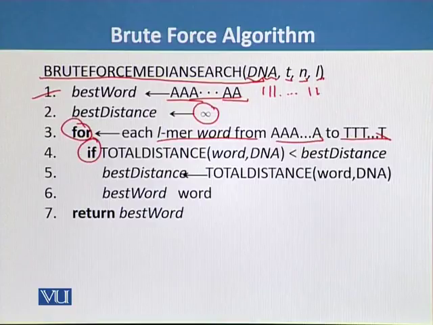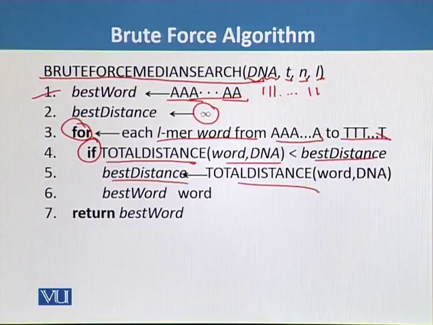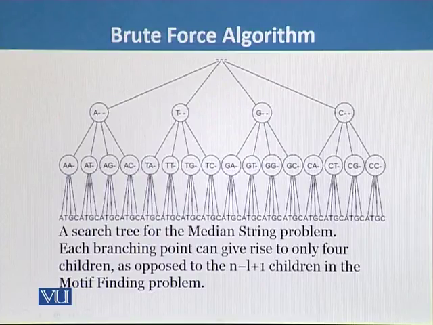Again the if condition will start and we calculate the total distance of word and DNA. If it is less than best distance, we will assign best distance as the total distance of word and DNA, and we will achieve the best word, that is the word of DNA, and we will return the best word score. So here we can see the brute force motif algorithm